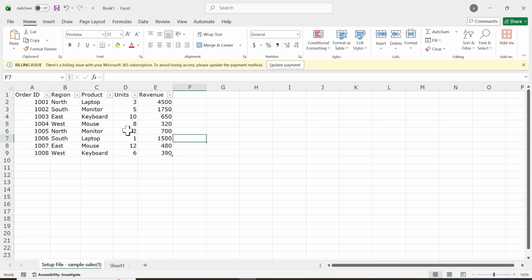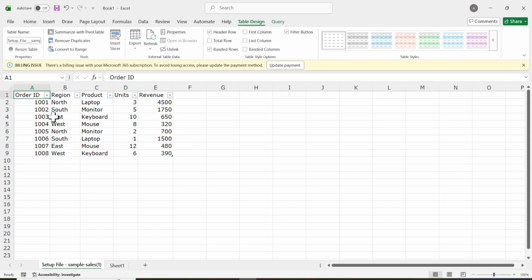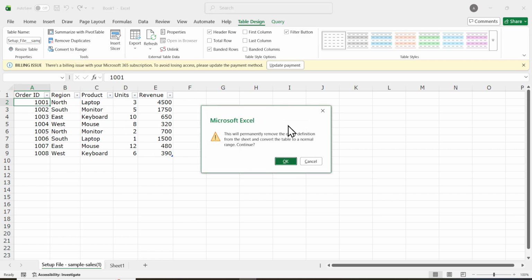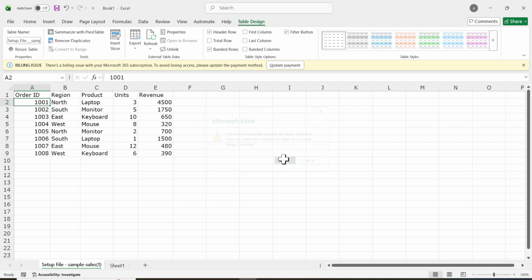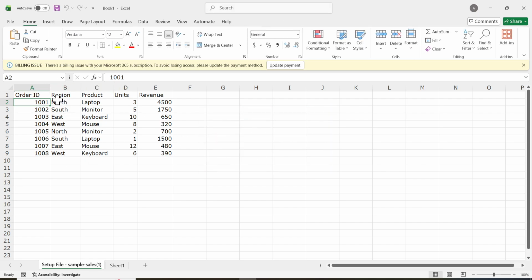Next, we'll convert the table into a normal range. With the cell still selected inside the now unformatted table, stay on the Table Design tab. In the Tools group on the left side of the tab, click Convert to Range. A dialog box appears asking, do you want to convert the table to a normal range? Click Yes. The Table Design tab will disappear from the ribbon, which means your data is now a plain cell